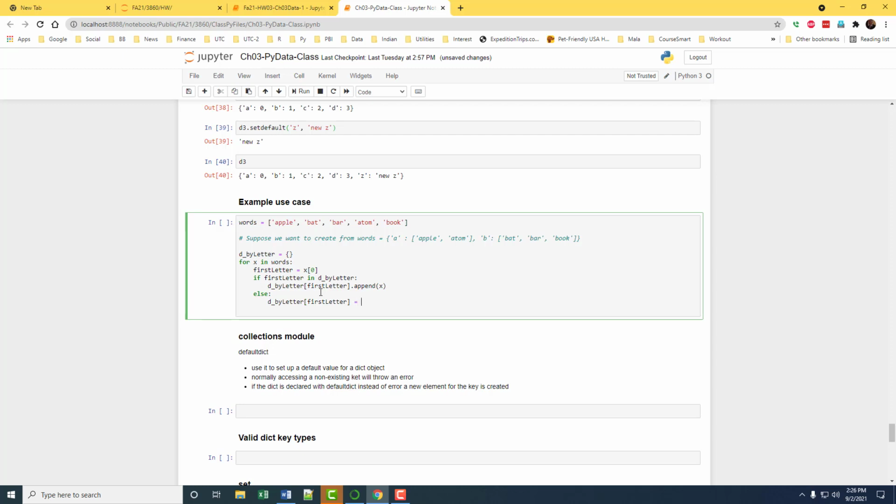So set that equal to, now you need to make that into a list so that in future, when words come in, you can add to this list. So this append will work only if you started out with a list as the value for that key.